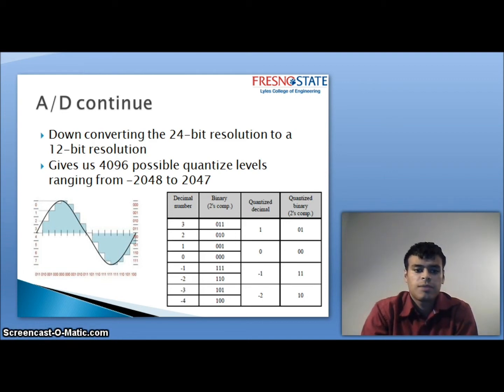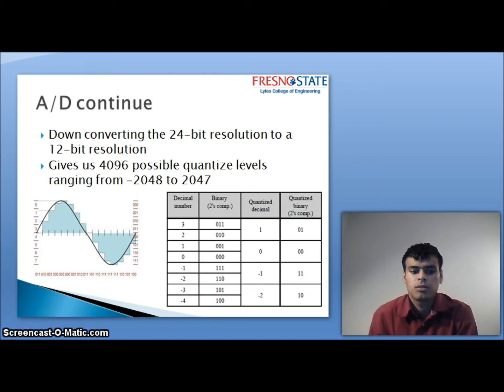The figure on the left shows an example of a 3-bit A to D converter. It's divided into 8 different quantized levels, as you can see on the left side. It goes from 0 to 7. The figure on the right side shows how you would downconvert from a 3-bit A to D converter to a 2-bit. Basically, you just shift the bits to the right by 1, and that would give us a resulting 2-bit